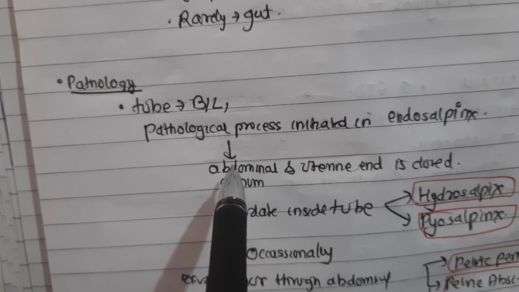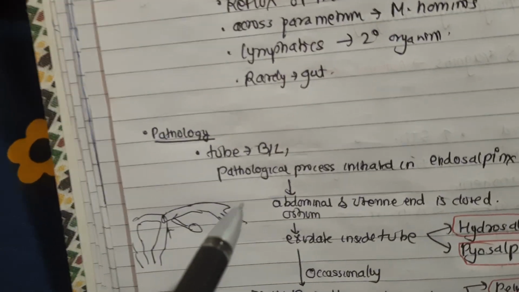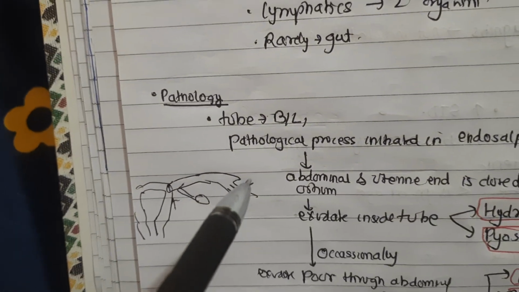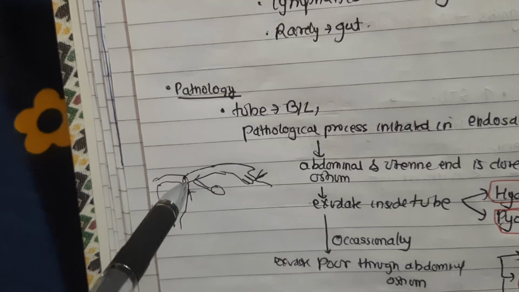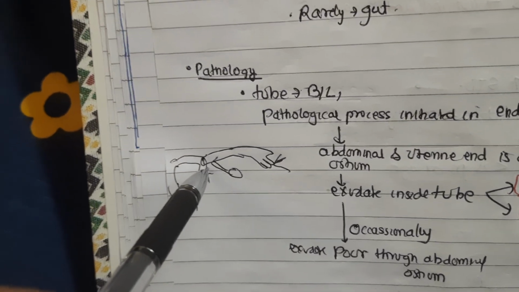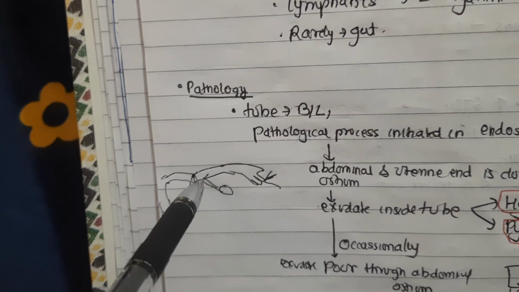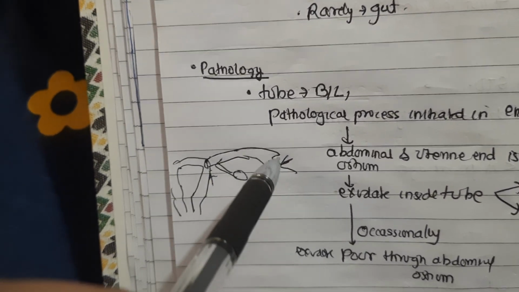First of all, okay, I will show by diagram. So this is the abdominal ostium, and it is closed by indrawing of edematous fimbriae and by inflammatory adhesions. The uterine end is closed due to congestion, and the closure of both this uterine ostium and the abdominal ostium